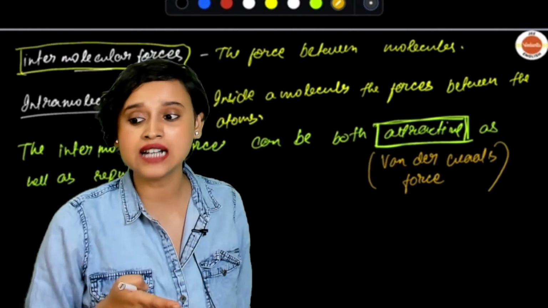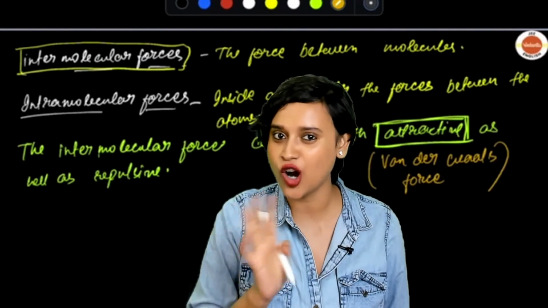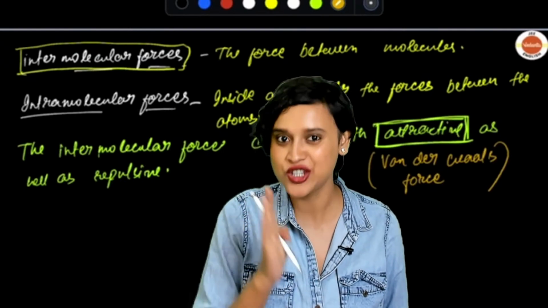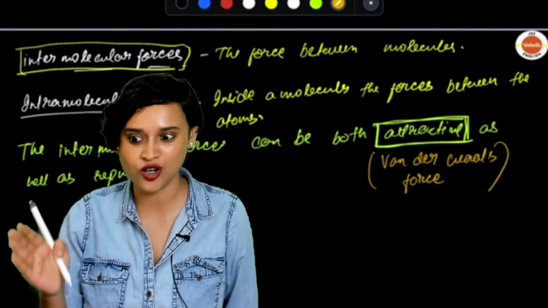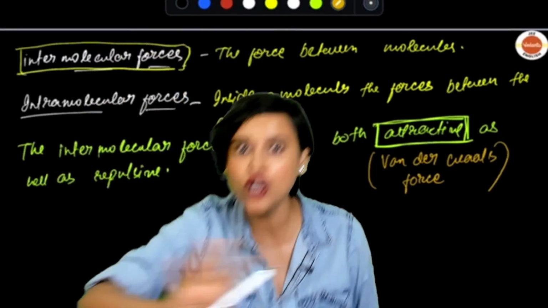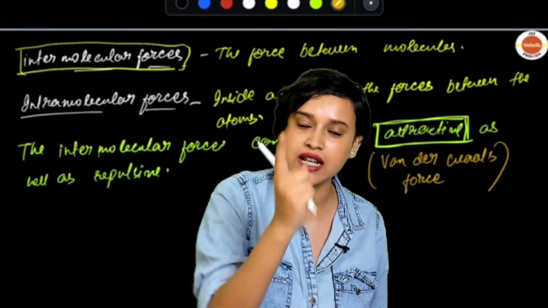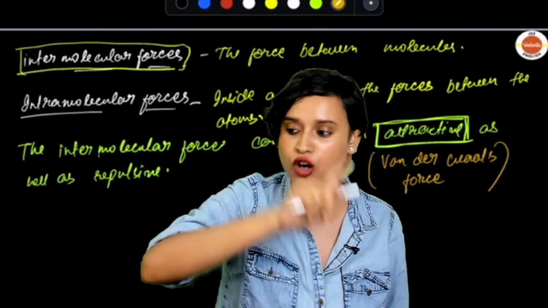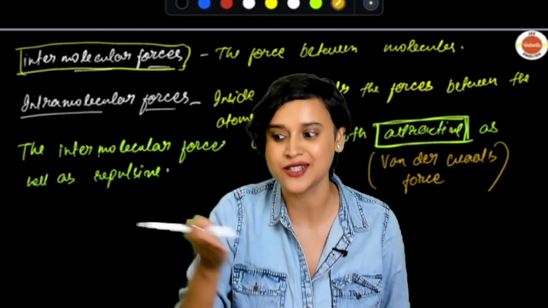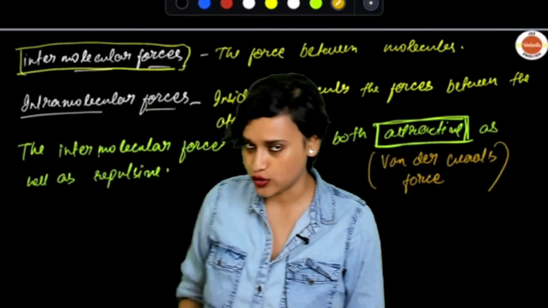Also, you can sit in the class because you know that in the JEE paper, you are not going to get only class 12th. In the JEE paper, you are going to get 11th standard also, and 11th standard is 40% of your whole JEE paper, that is physics, chemistry and mathematics. All the three subjects will hold 40% of your JEE paper from class 11. So study. Okay. Now, when we talk about van der Waals force,